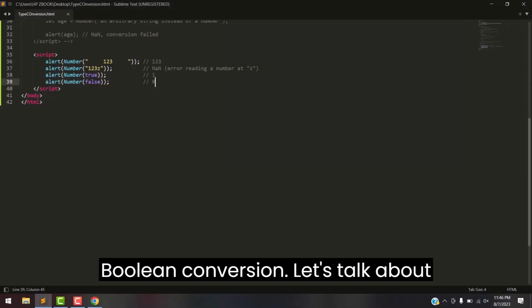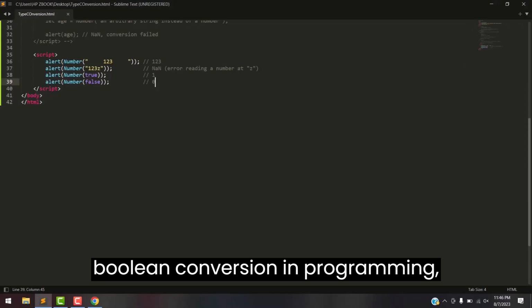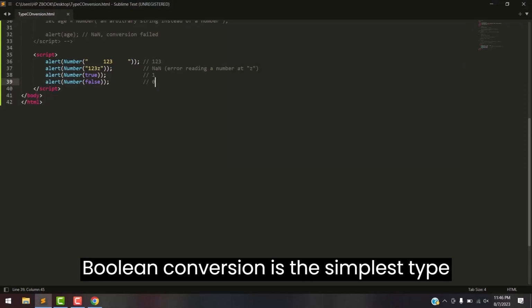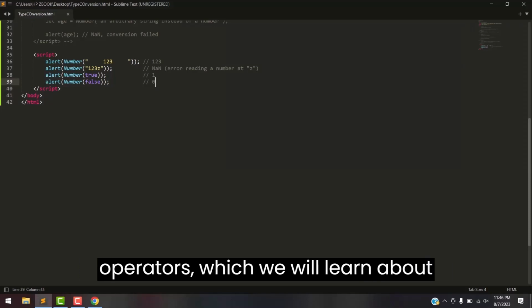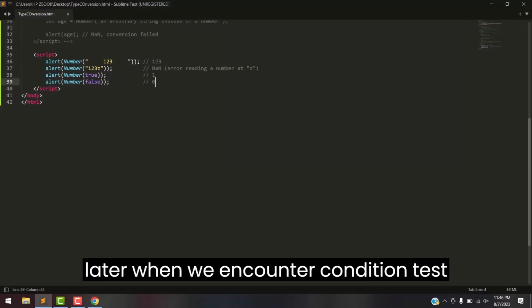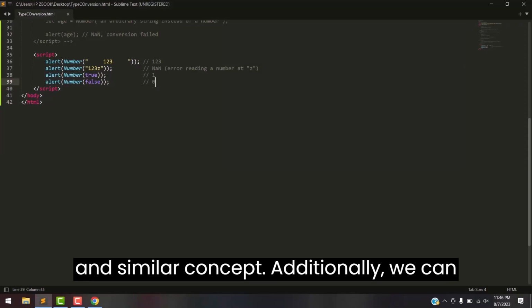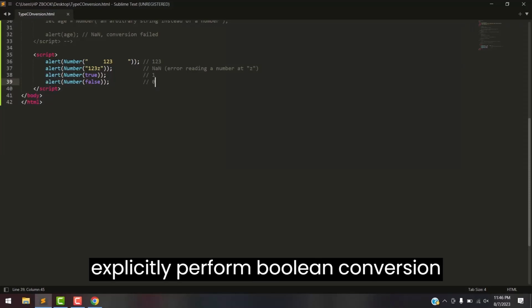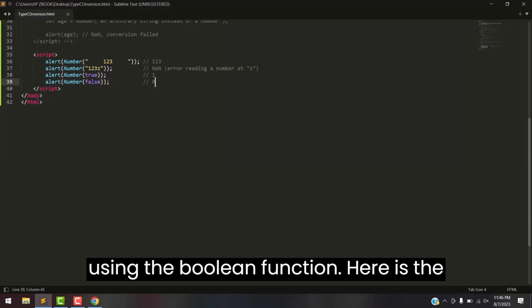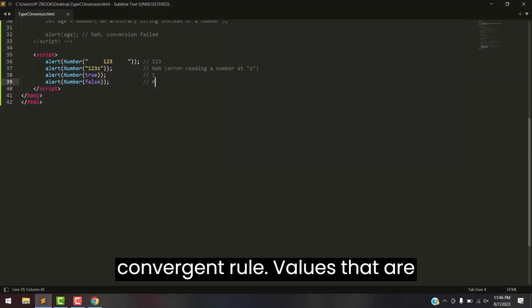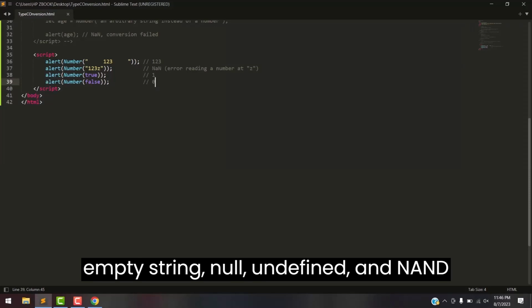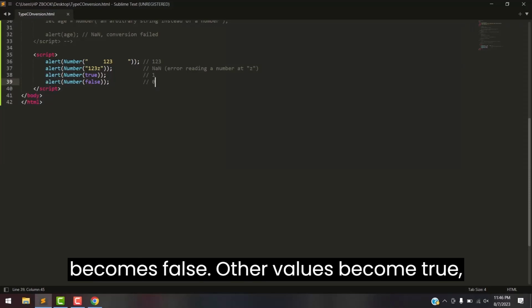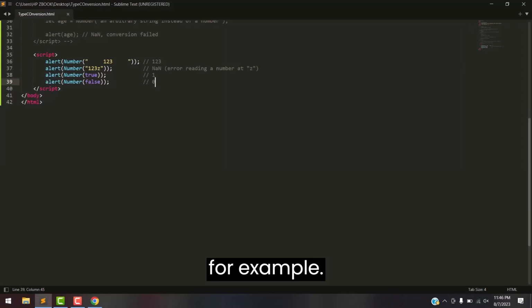Boolean conversion. Let's talk about Boolean conversion in programming. Boolean conversion is the simplest type of conversion. It occurs in logical operations, which we will learn about later when we encounter conditions, tests, and similar concepts. Additionally, we can explicitly perform Boolean conversion using the Boolean function. Here is the conversion rule. Values that are considered empty, such as 0, an empty string, null, undefined, and NaN, become false. Other values become true. For example,